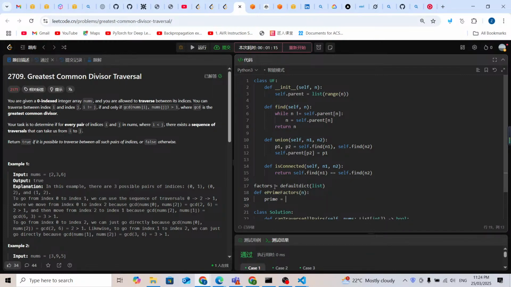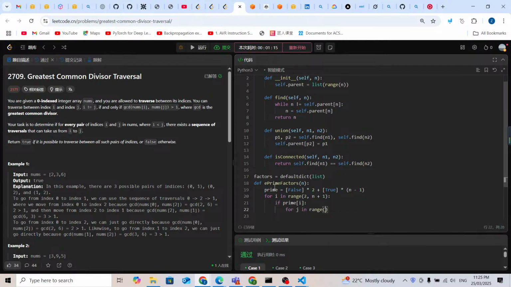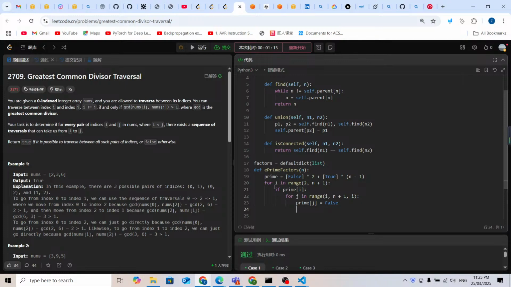So the primes, I'm going to call it false times 2 plus true times n minus 1, and for i in range, we're gonna start from 2 to n plus 1. If primes[i], so for j in range i to n plus 1, and the step gonna be i, primes[j] gonna equal false, and